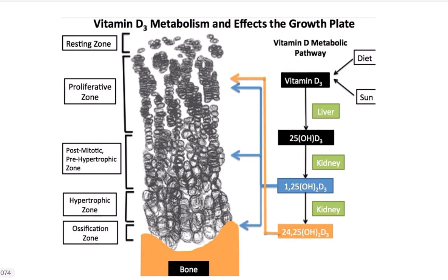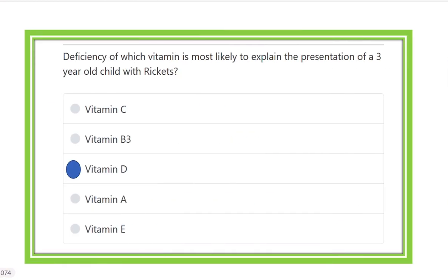And again here we can see the ossification zone, hypertrophic zone, hypermitotic zone, proliferative zone, and resting zone. Vitamin D plays an important role in this stage for calcium deposition. So when there is deficiency of vitamin D, a sufficient amount of calcium is not deposited. So what is the cause of rickets? The cause of rickets is vitamin D deficiency in children, but in adults it causes